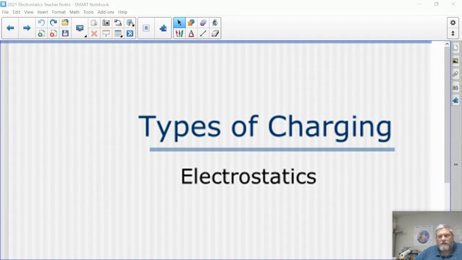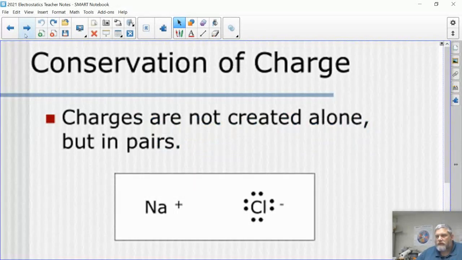Today we're going to talk about the types of charging, and first of all how things get charged, and then talk about the different types. How do we get those charges to be transferred? So the first thing we're going to do is look at the idea of when something charges,